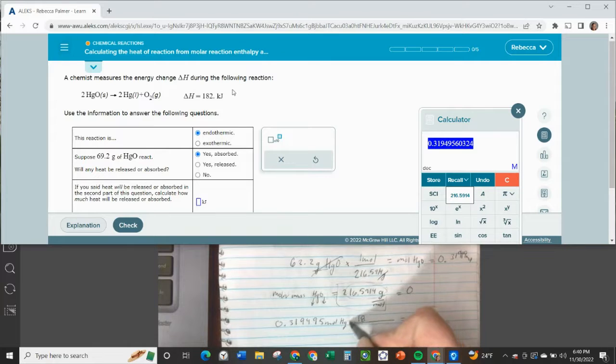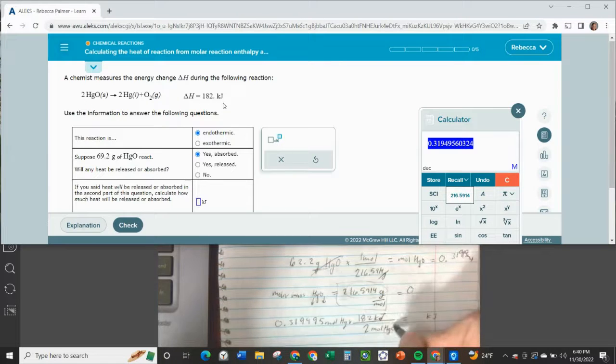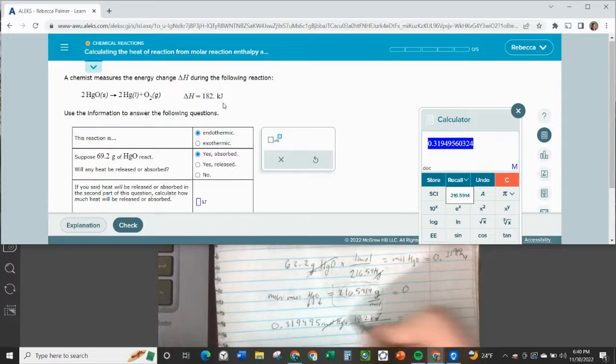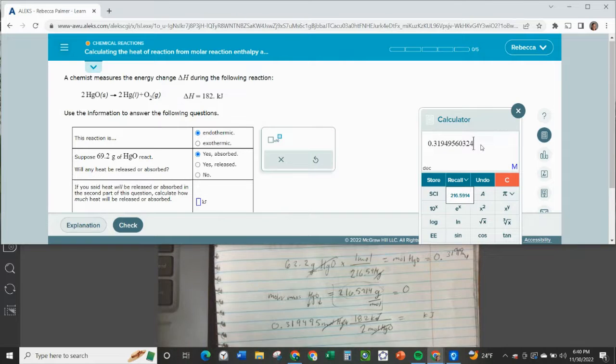I have 182 kilojoules, and that's just from this equation: 182 kilojoules for 2 moles of mercury oxide, HgO, right here. Then I just cancel out moles of mercury oxide, and I'm going to multiply this number by 182 kilojoules per 2 moles, and that gives me